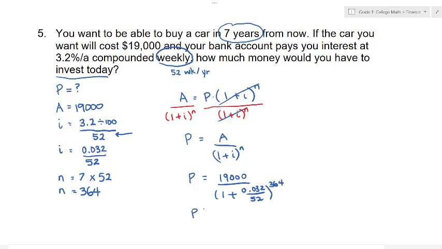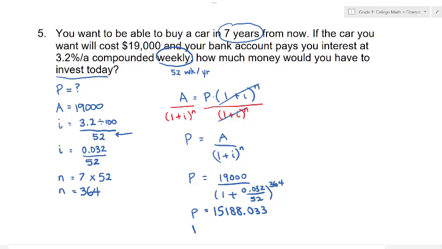So type this along with me on your calculator to make sure you're getting the right answer. 19,000 divided by bracket 1 plus 0.032 divided by 52, close the bracket, to the power of 364. And I get 15,188.03